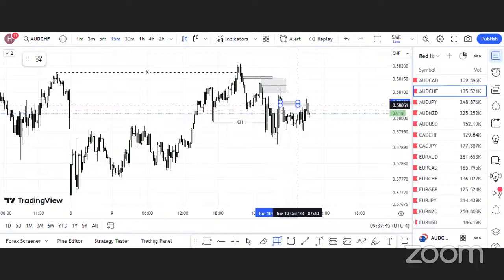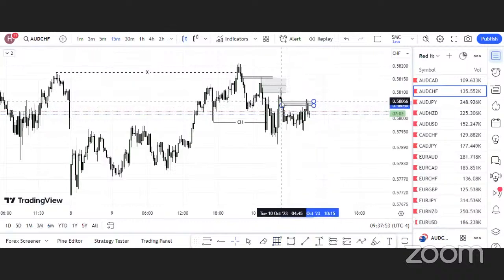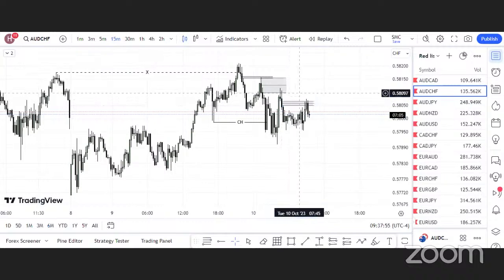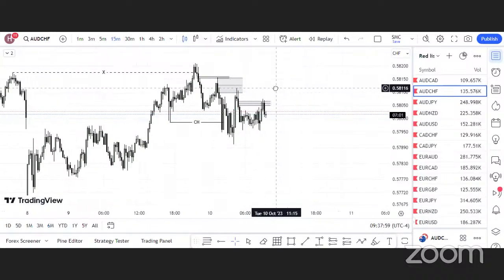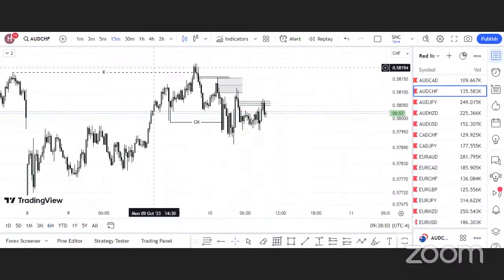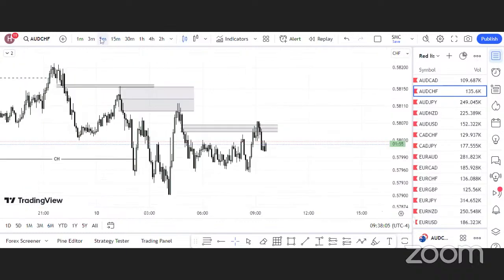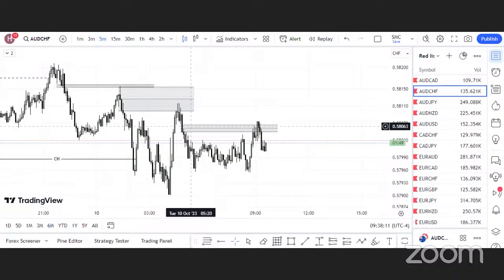This is how to make top-down analysis and get entries. Okay. Yes, we have a gap, and the market is respecting the gap right now. So you see how the market is respecting this gap. This is the 15-minute time frame. Right now, what I can do is go to the 5 minute. All right. So we have this gap the market is respecting, and then it's also respecting